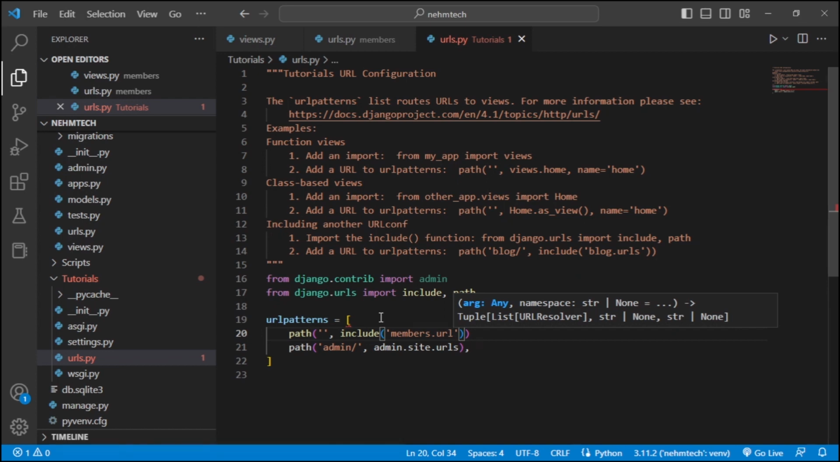URLs should be URLs like that, and then always ensure to have a comma here at the end. And then guys, basically if the server is not running, then navigate to